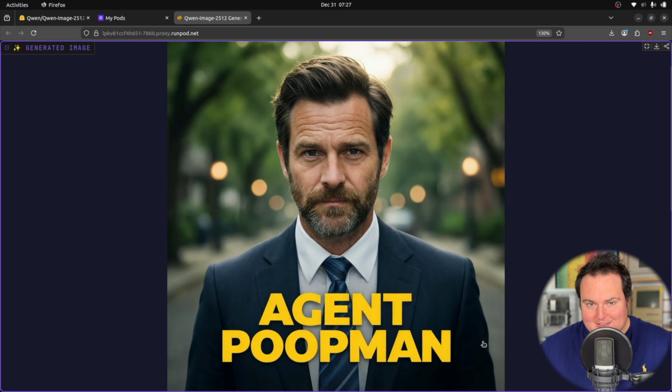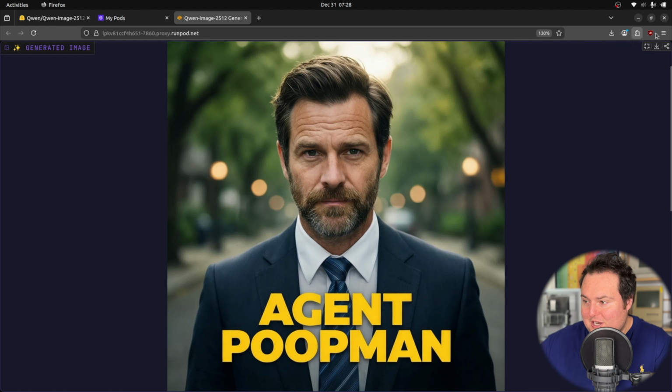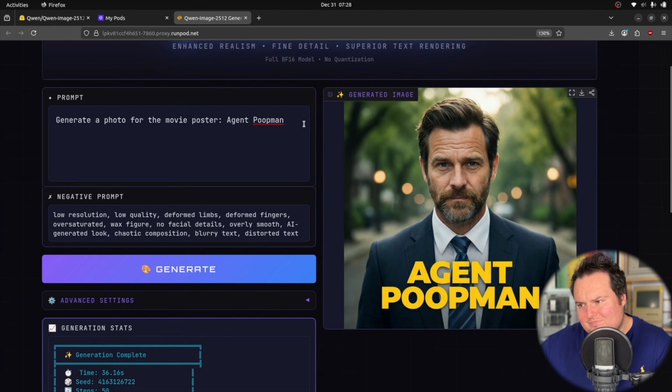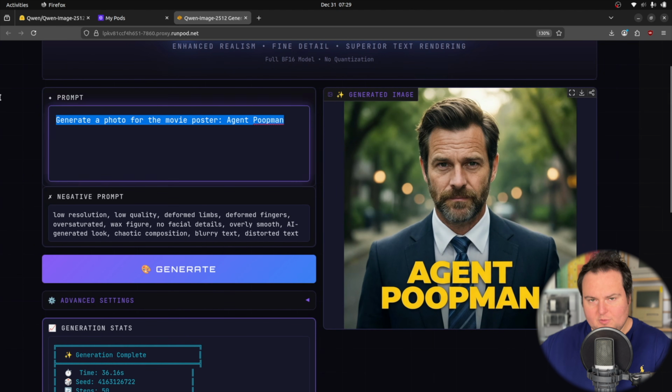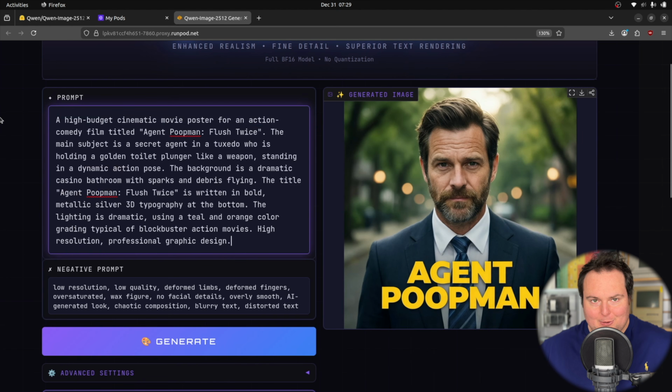I will say that the text is well done. The font, everything looks good. It does lend itself to being more legible, and I suppose this is a less AI-generated looking human. There is some asymmetry to the face, so overall, not the best, but again, this could perhaps benefit from prompt improvements. Let's just go ahead and directly test how big of an improvement an improved prompt will give for this